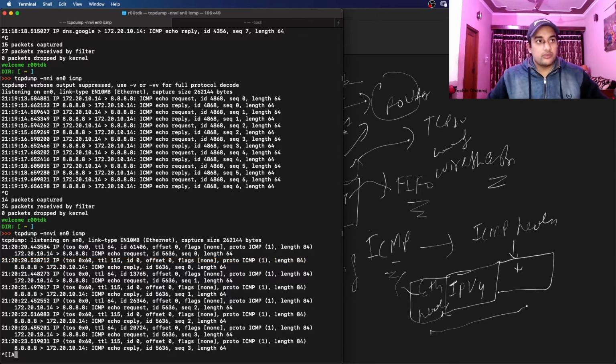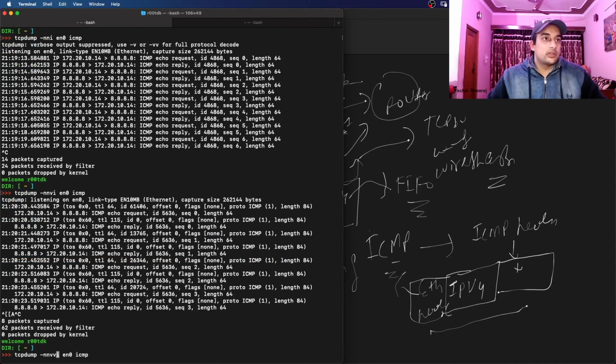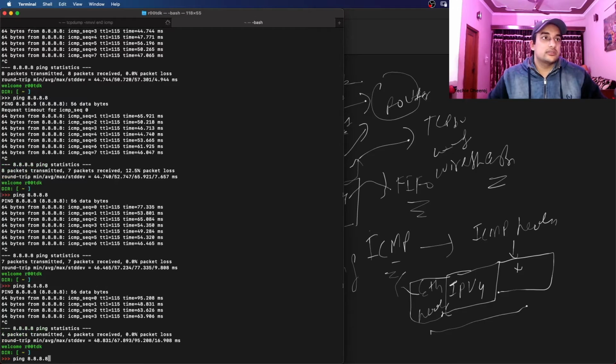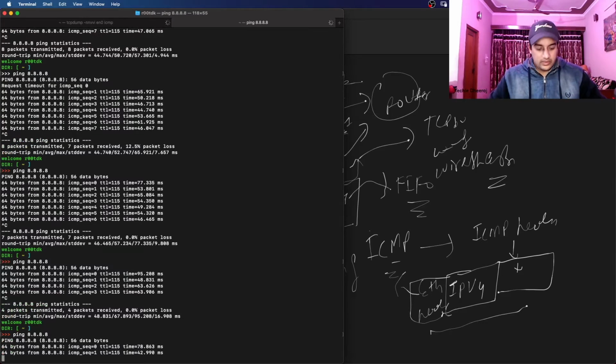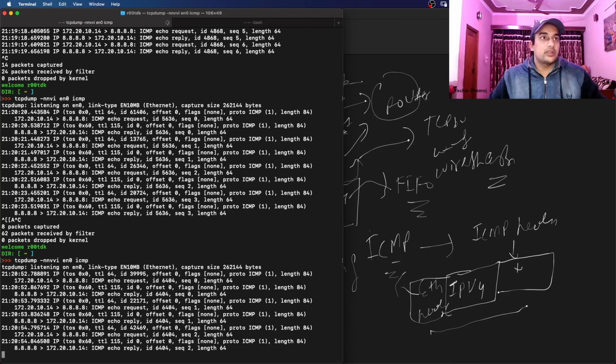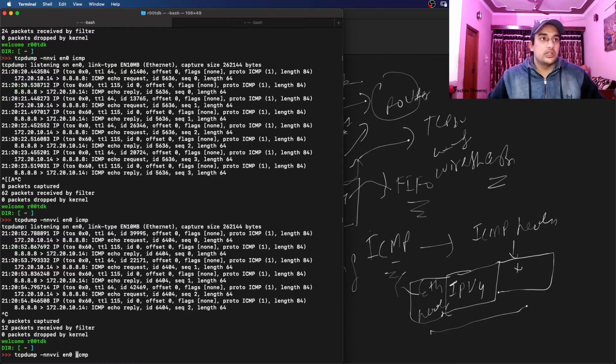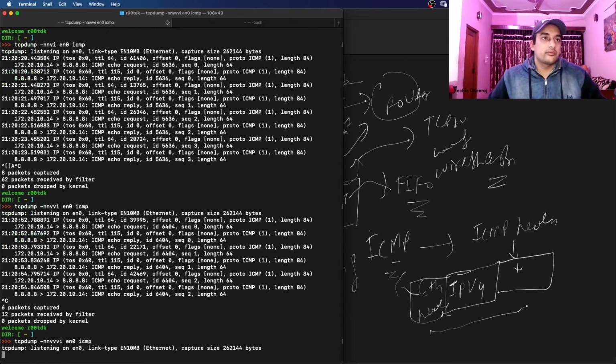If I put one more v, let's run it again, and let's stop it. Okay, there is not that much difference in the ICMP packet. Maybe there are not many details to show. Let me push to one more v.